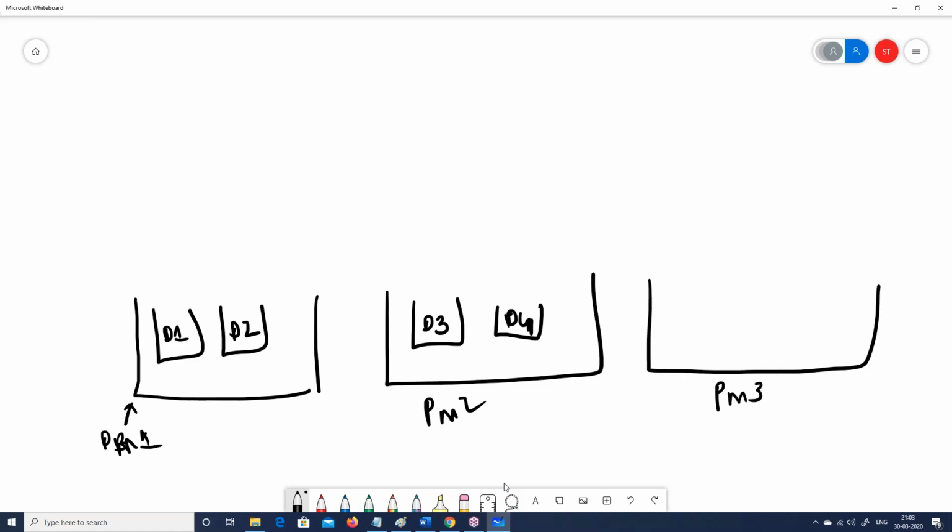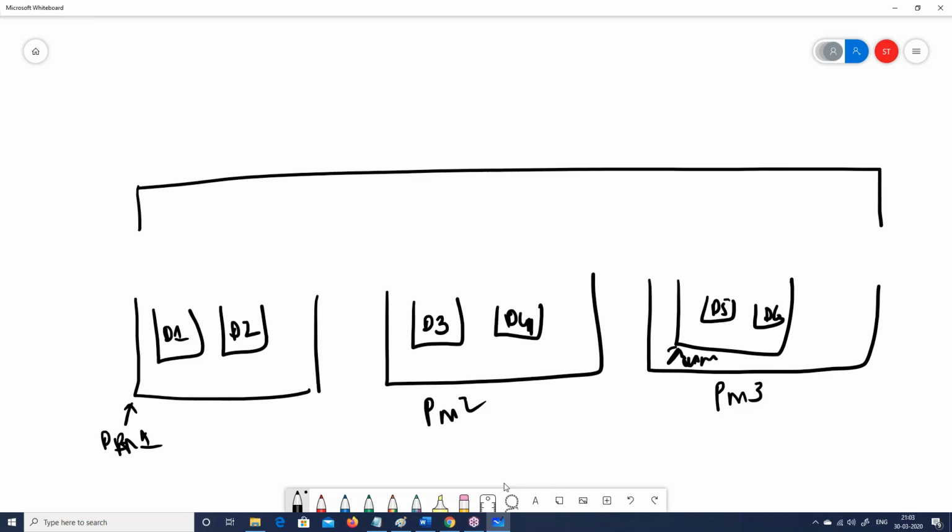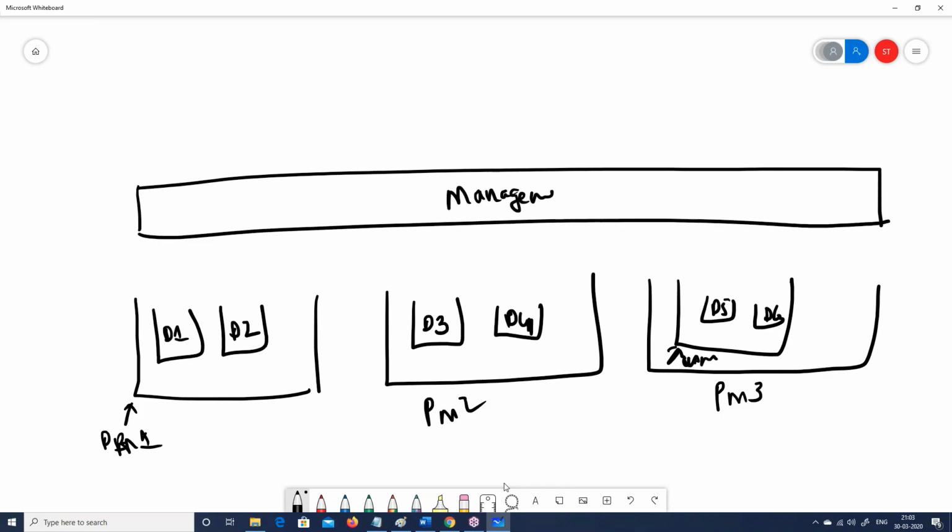For example, on some of the machines you will create a VM. You can see now this is quite complicated. Inside the VM, you have Docker 5 and Docker 6 and so on. Now think about it: if you are supposed to manage each one of these machines, it is so tough, because you need to work directly on these machines physically. So if I can have some kind of management layer on top of it, then by using that management layer, I can say go and update Docker D2, and automatically it updates Docker D2.